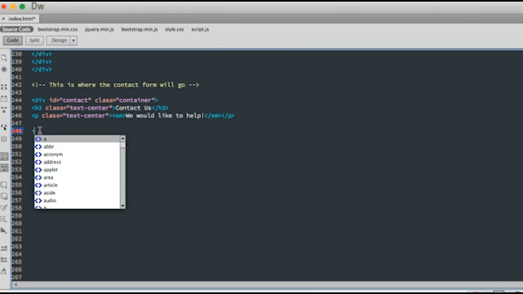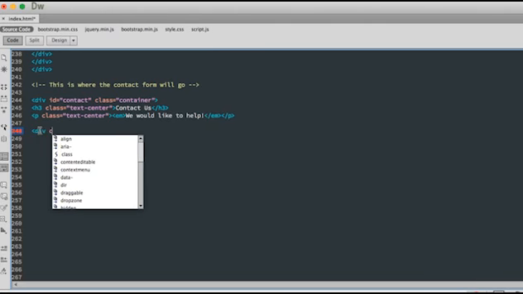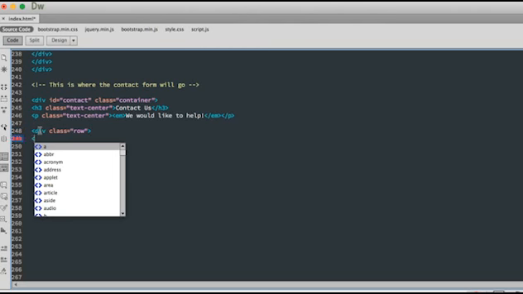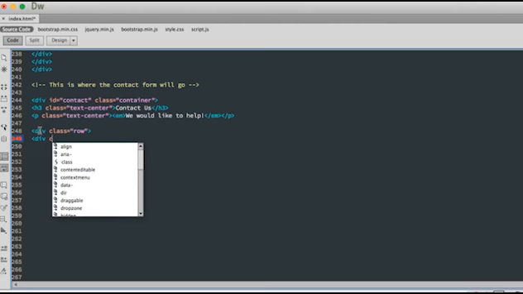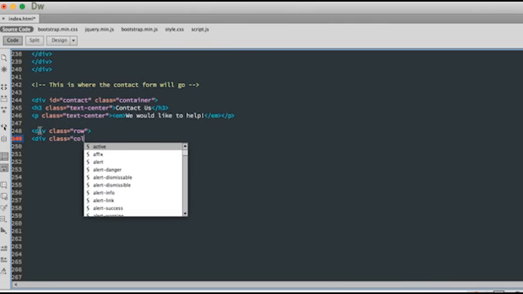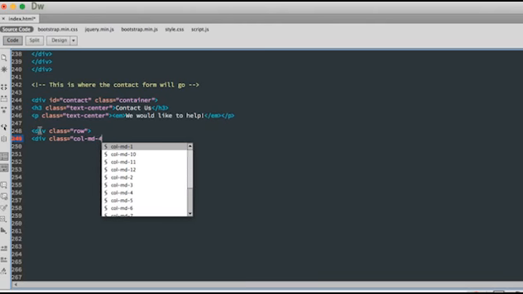So it's gonna be div class row, and then I'm gonna create the column. So it's gonna be div class column, mid size of 4,